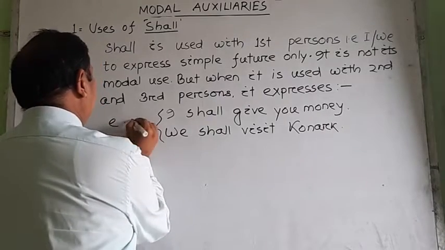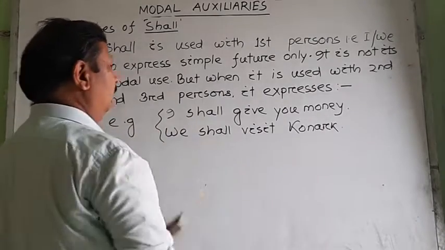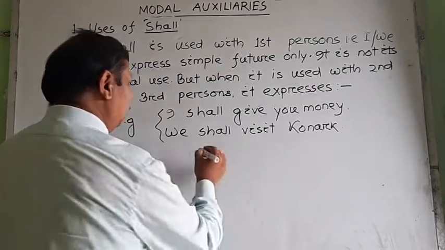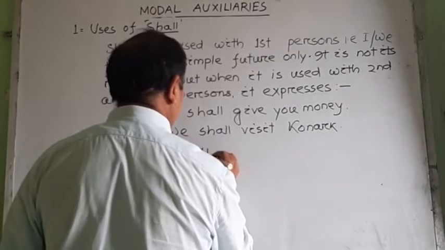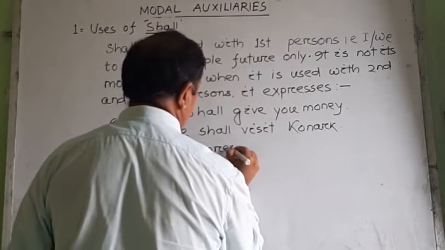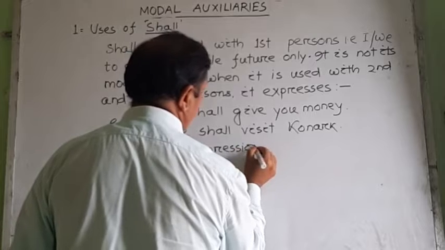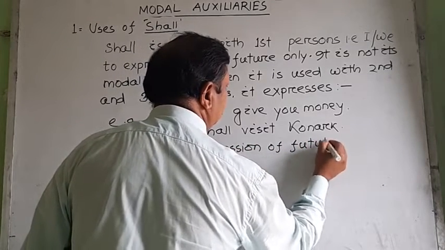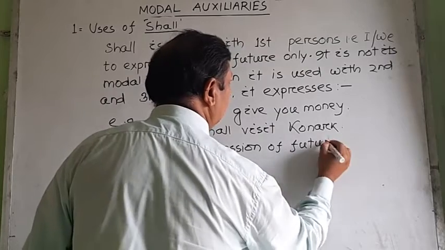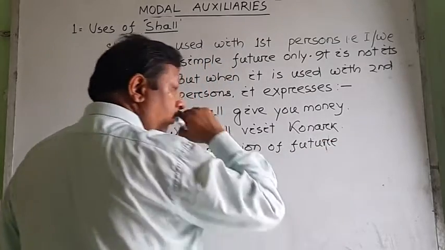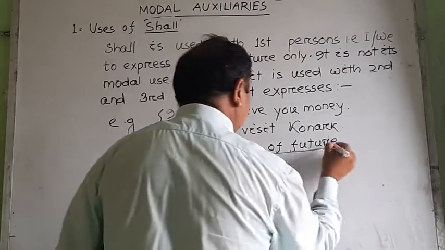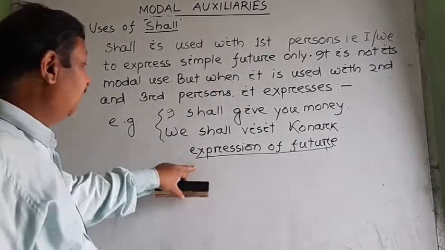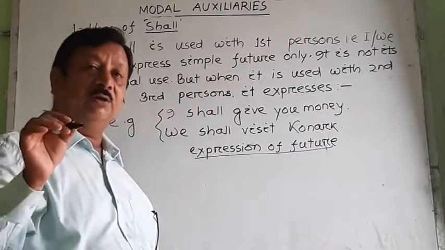It is only the expression of futurity. It is expression of future. So, now let us know, when it is used with second and third person, how does it change its